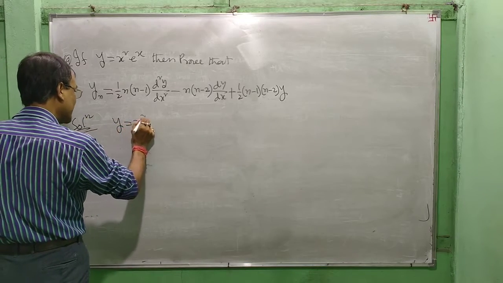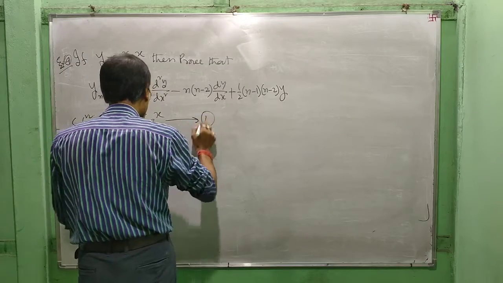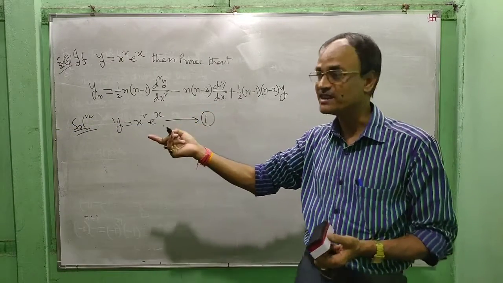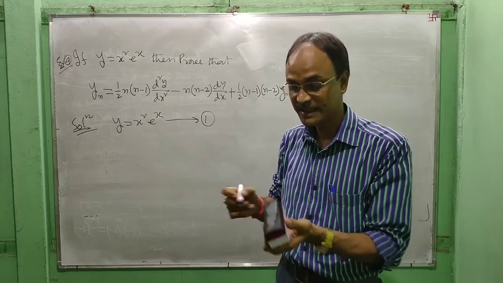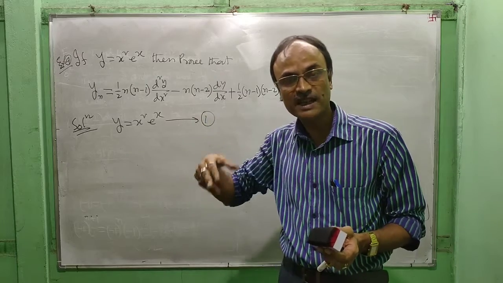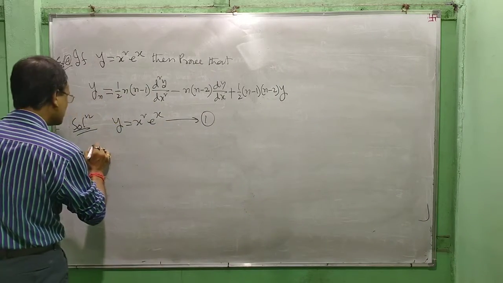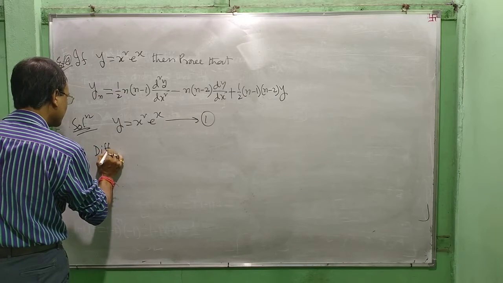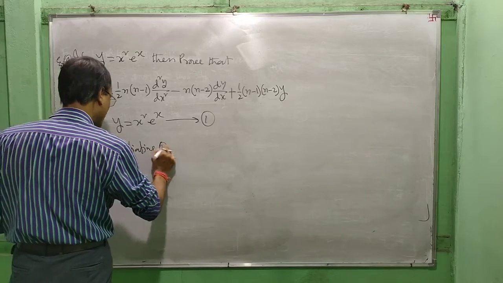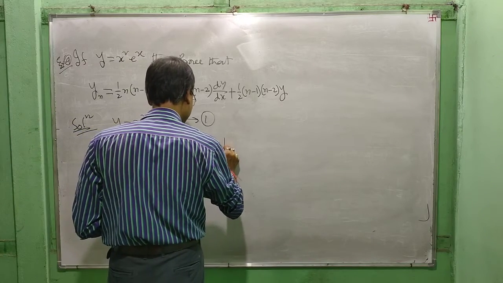y is equal to x square e to the power x. Suppose this is number 1. We have to find y_n, the nth differentiation of x square e to the power x. Now we differentiate 1 n times by applying Leibniz theorem. By Leibniz theorem we get